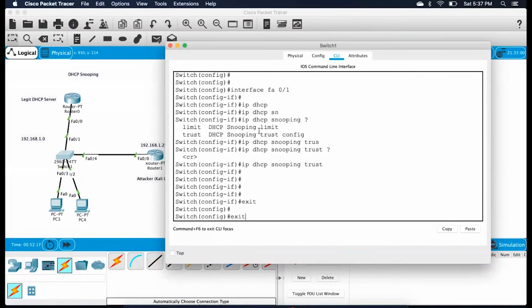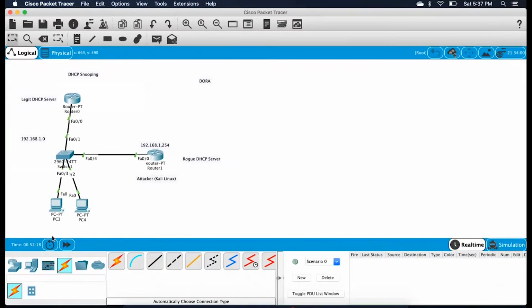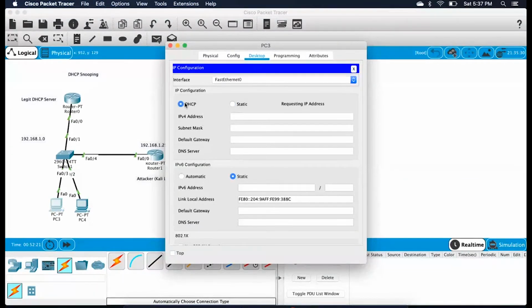Then I can exit, and when I request for the IPs,